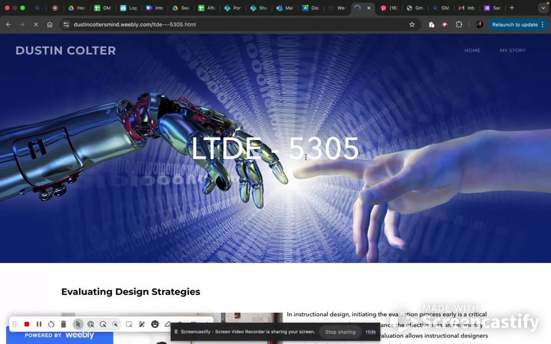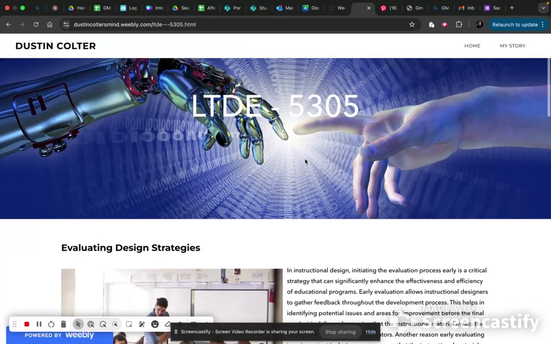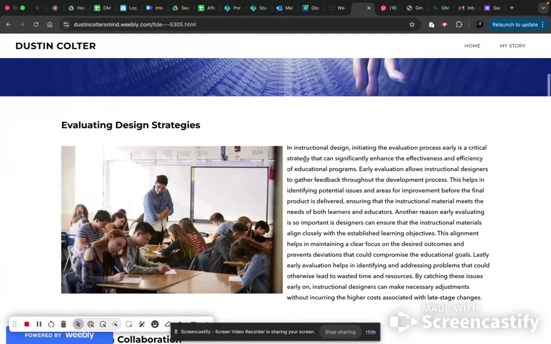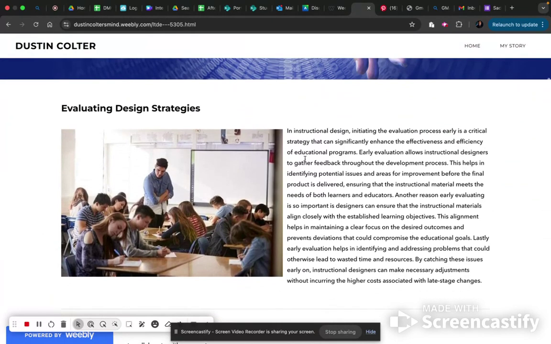Instructional Design in the Digital Age. We start off, obviously, with the evaluation design strategies. This is what we did in week one. With instructional design, initiating the evaluation process early is a critical strategy that can significantly enhance the effectiveness and